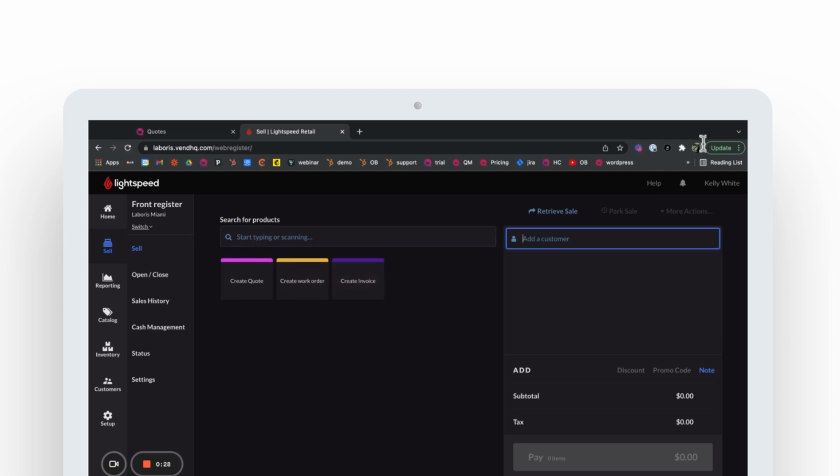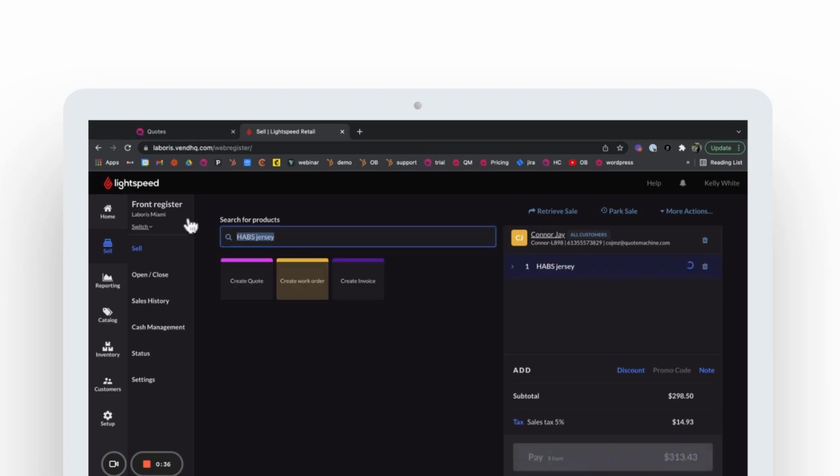So to start, you're going to add on the customer that you want for this particular quote. So I'm just searching by name and adding it on here. And then I'm going to add some products on. So this is going to work the same way you already know how to use your Lightspeed Retail X-Series POS. I'm going to add on some skates here,